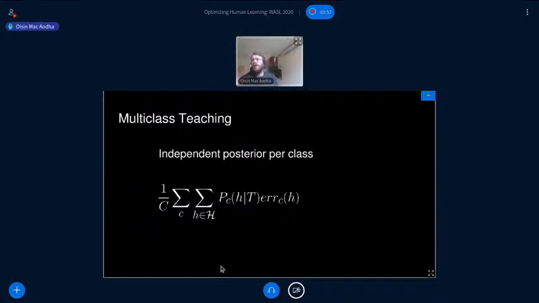Okay, so I presented this all in the context of binary classification, but clearly multi-class is incredibly important, especially in these kinds of visual categorization tasks. And so in practice, we could represent a multi-class classifier for each of these individual discrete hypotheses. But in practice, what we do is instead have an independent posterior for each class, and so that allows us to use the same set of binary hypotheses, but share them in some sense across multiple classes.